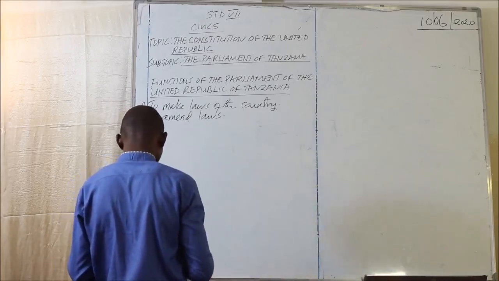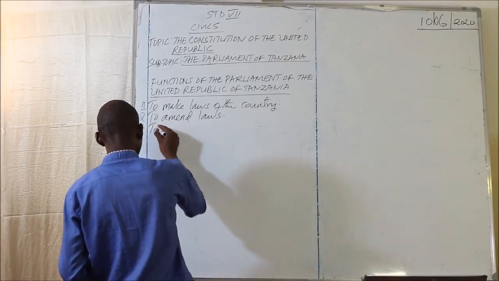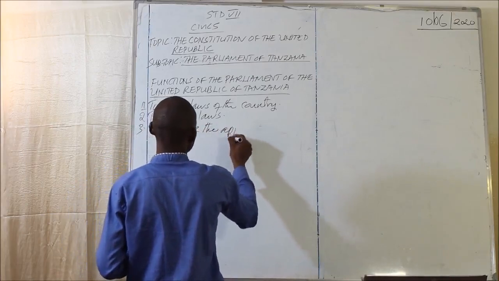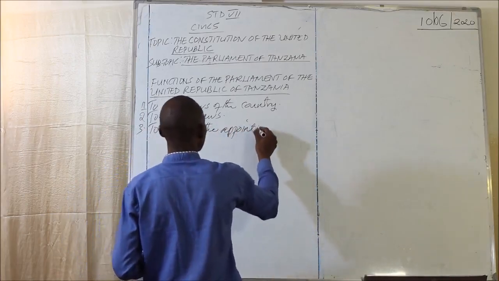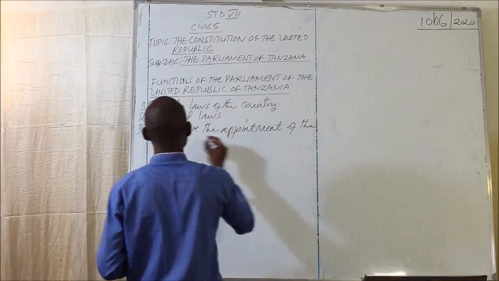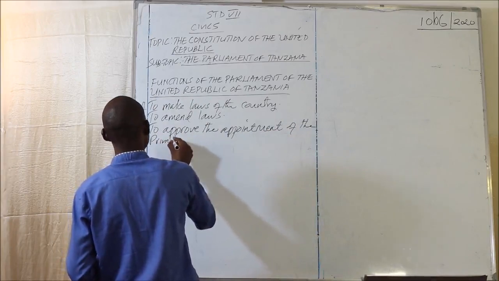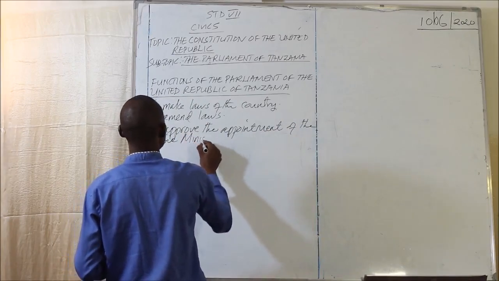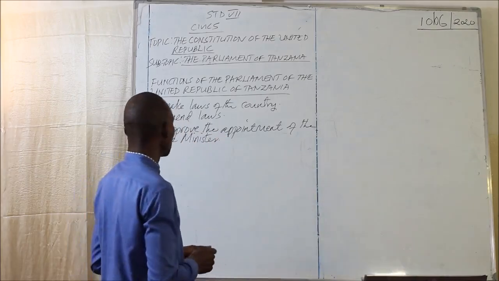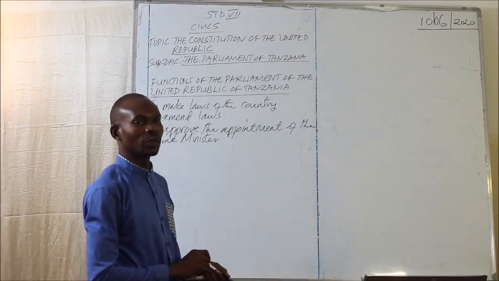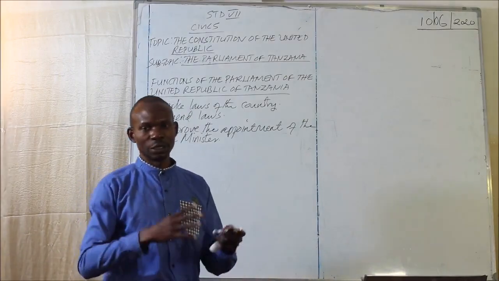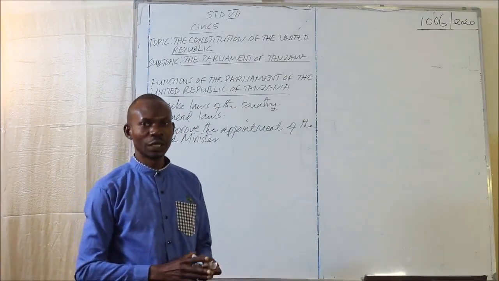Now we have another one. This is to approve the appointment of the Prime Minister. This is another function of the Parliament of the United Republic, that immediately after the Prime Minister has been nominated or appointed by the President of the United Republic,